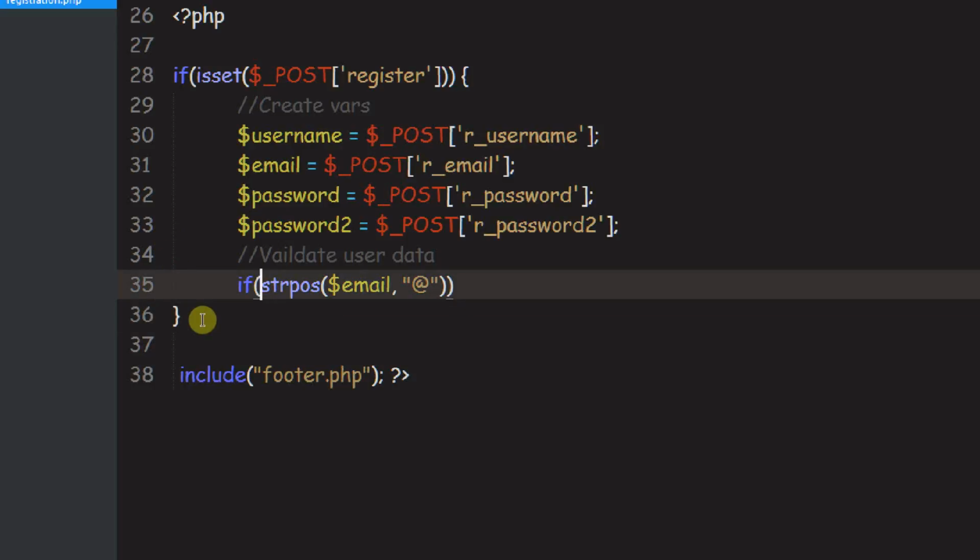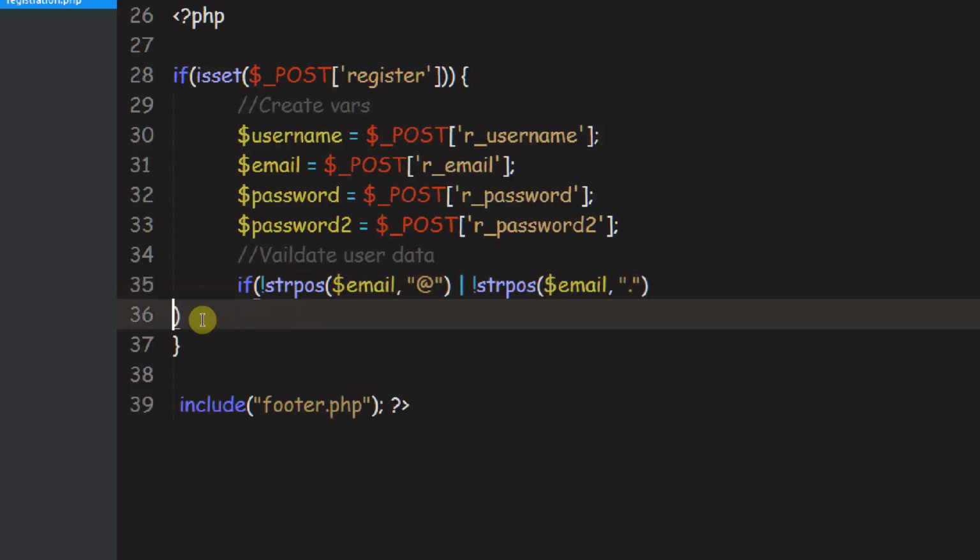And so we're going to put a not in front of this, or an exclamation point, which is "not" in programming. So we want to make sure it does not contain this character, and it does not contain a dot, which we're about to do, and it does contain a space, we want to kill the page. So if there's not an @ sign, or, and to do an or, remember it's the pipe, which is above enter and under delete,